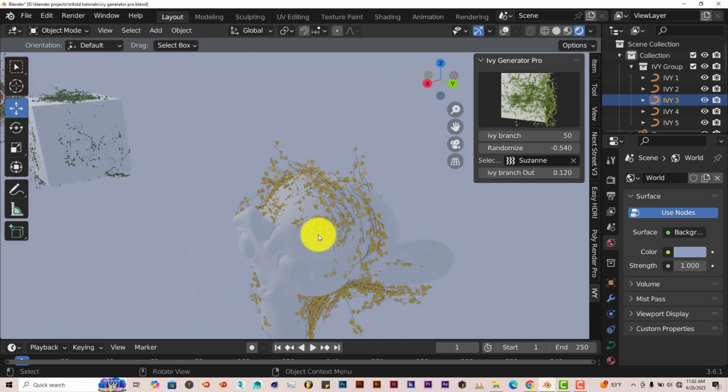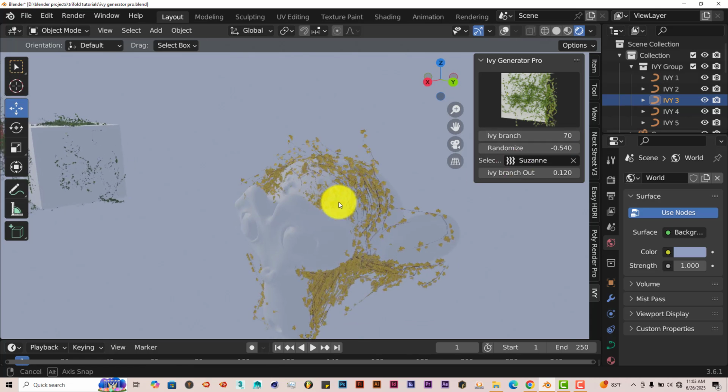And your parameters for changing the way your Ivy looks is here. It's in more places than this, but this is the first option here. We can increase the size of the branches. Move this up to like 70. Enter. It gets the branches a little bit bigger. Randomize it here. Ivy branch in and out. Let's click on that and see what that does. Let's bump this up to 1. Enter. I don't know what that does,